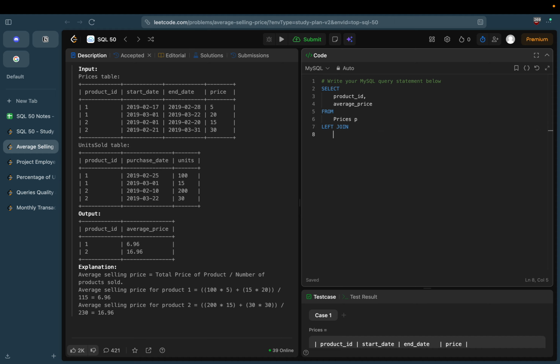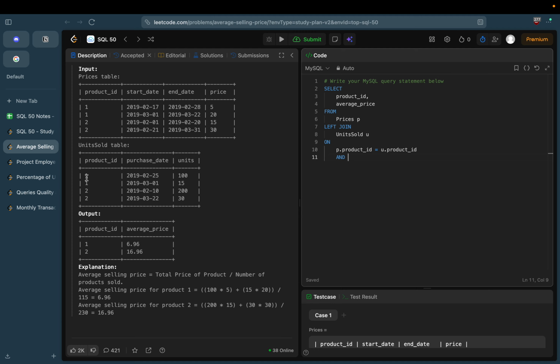Left join with prices on left. So the aliases have been given. Let's put the joining conditions. First of all, the common point between these two tables, which is product ID. So p dot product id must be equal to u dot product id, and our next condition will be to identify